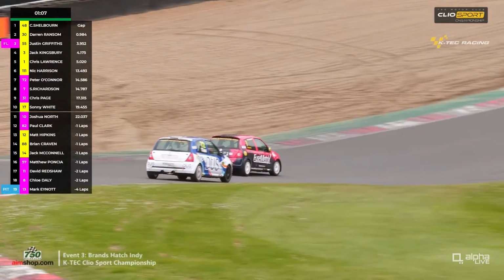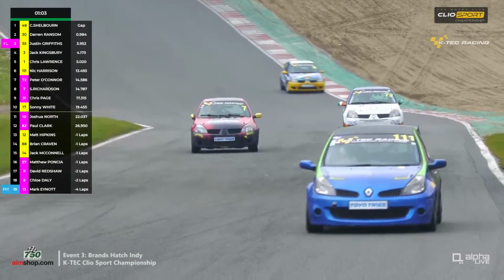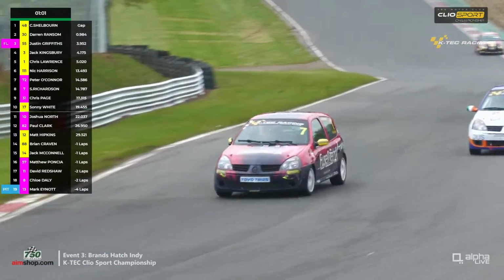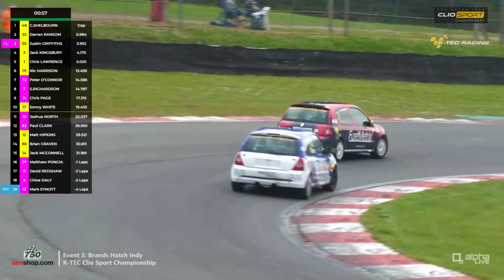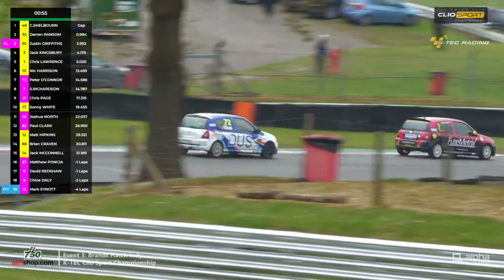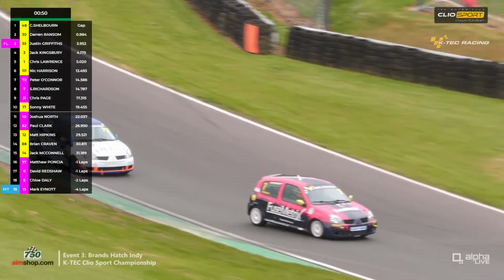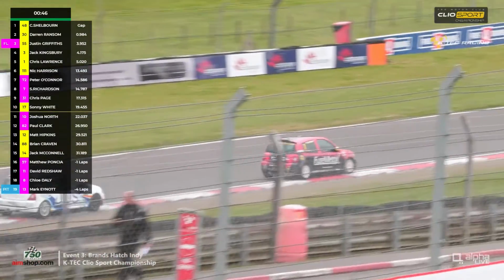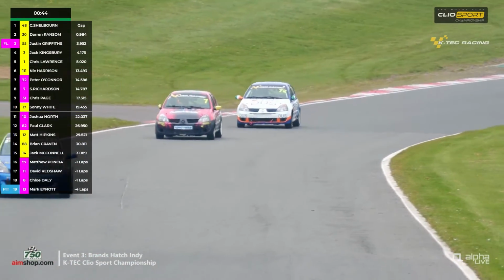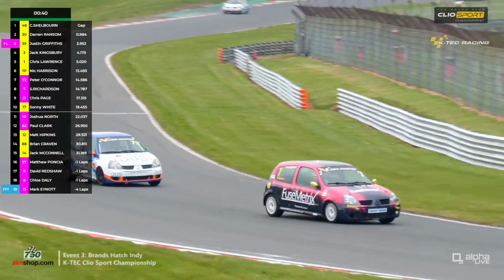I think he had to let Pete O'Connor deal with whatever was coming there. If O'Connor turned in, there would certainly have been contact. But Steve Richardson is through. He's now the leader of the Class A cars. Yes, that was extremely committed, and the Fuse Metrics car goes ahead in its class. He's just put a few car lengths between himself and Pete O'Connor. Meanwhile, up front, Charles Shelbourne and Darren Ransom, similar gap, but Justin Griffiths has fallen away into the clutches of